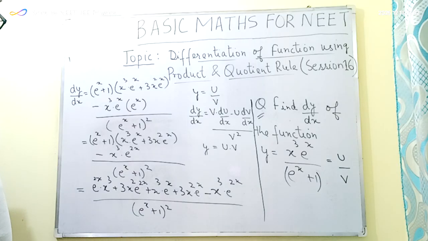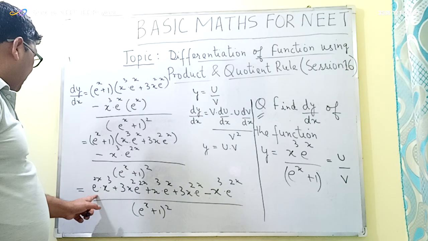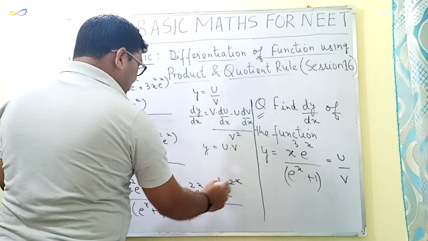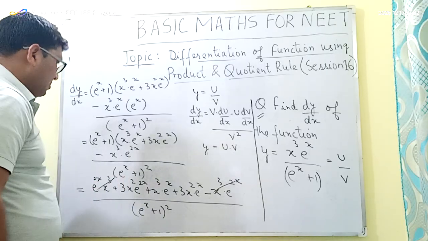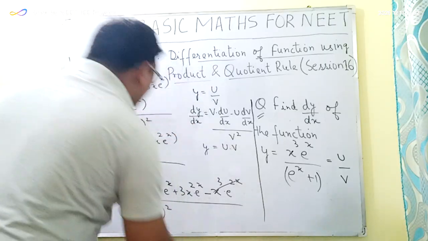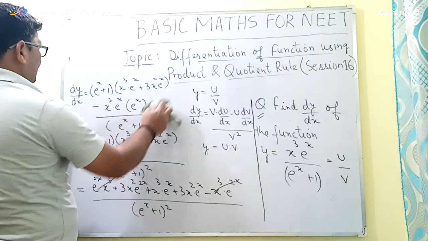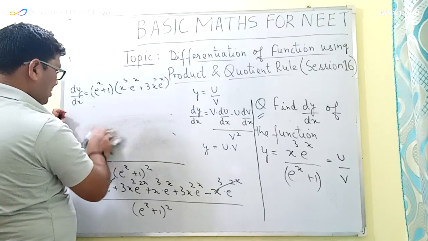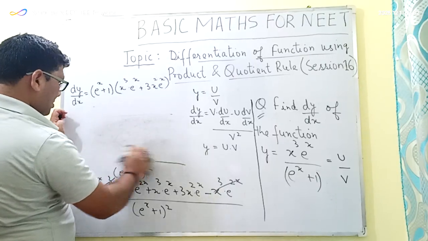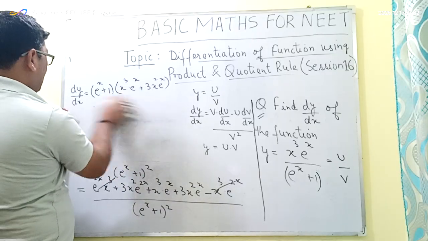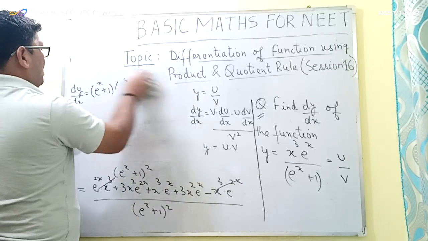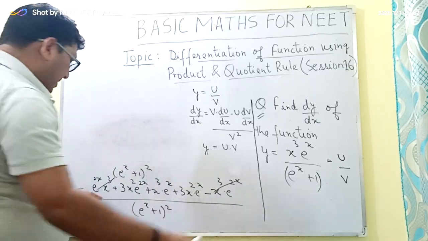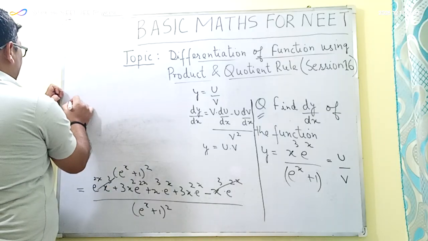So from here, this x cube e to the power 2x will get cancelled out. So finally, dy by dx will be equal to